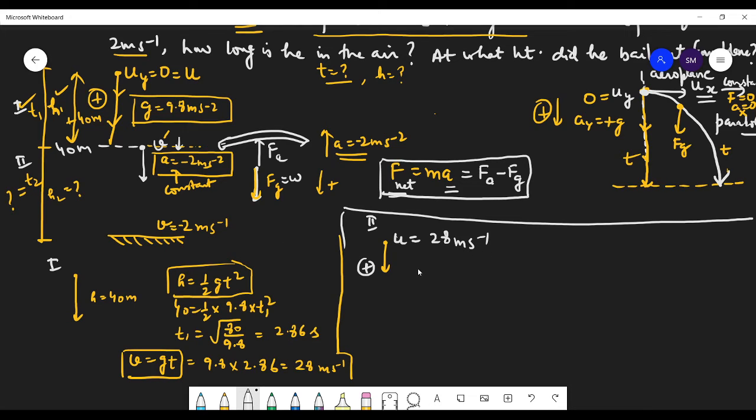We know u. What else do you know? You know a, that is 2 meter per second square. So forget g here. G and a is the same thing, either a or g. So because the upward force is more, g will always be minus 9.8, but upward it is plus 9.8. But the acceleration due to the upward force is 11.8. So what's the net? Net is upward, right? Got it?